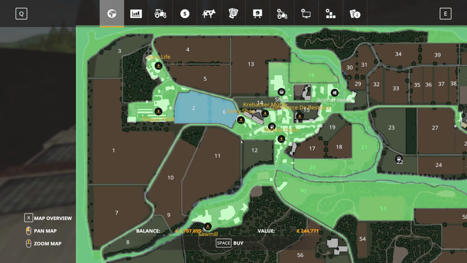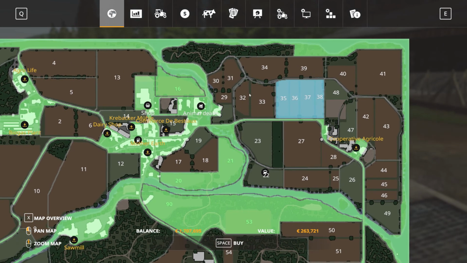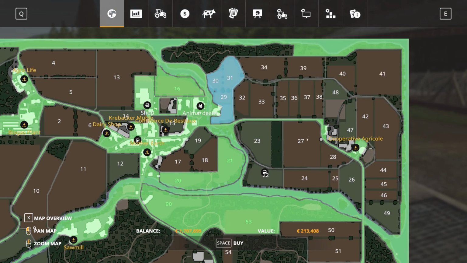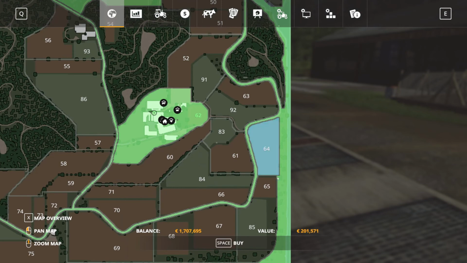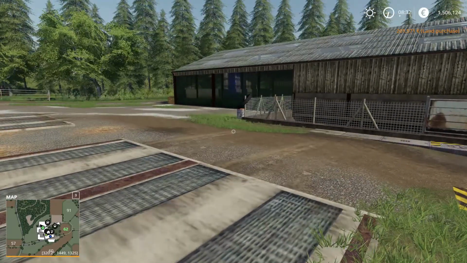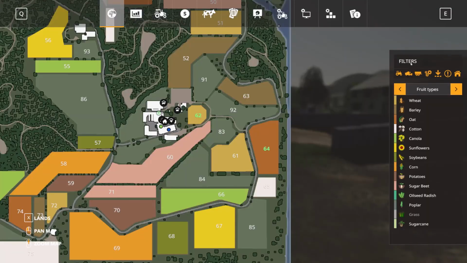Looking for arable field. I'm not gonna deal with these 2 fields. I did it in 17. I did also these smaller fields here. They're cute, cool, but maybe a little bit too boring. So I'm gonna go with something a little bit bigger. Let's go with 64. This one is close, and also this one is close, and I didn't even check what's